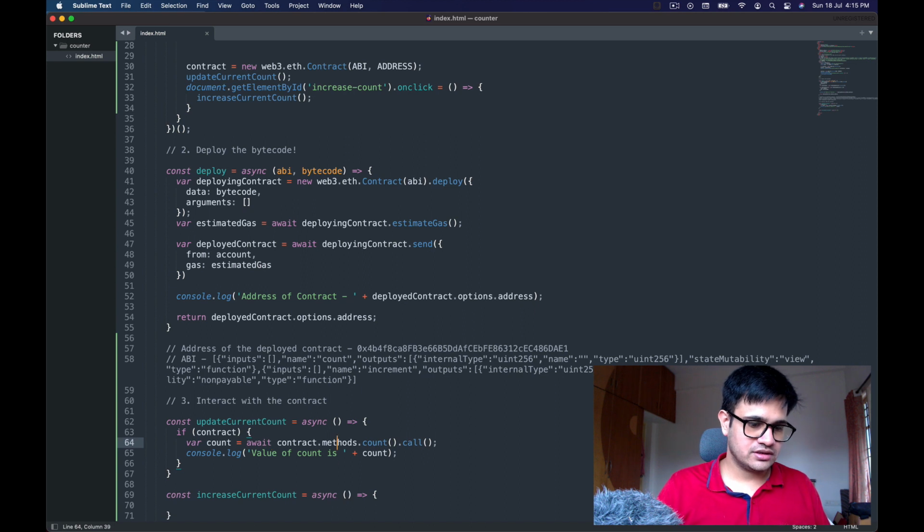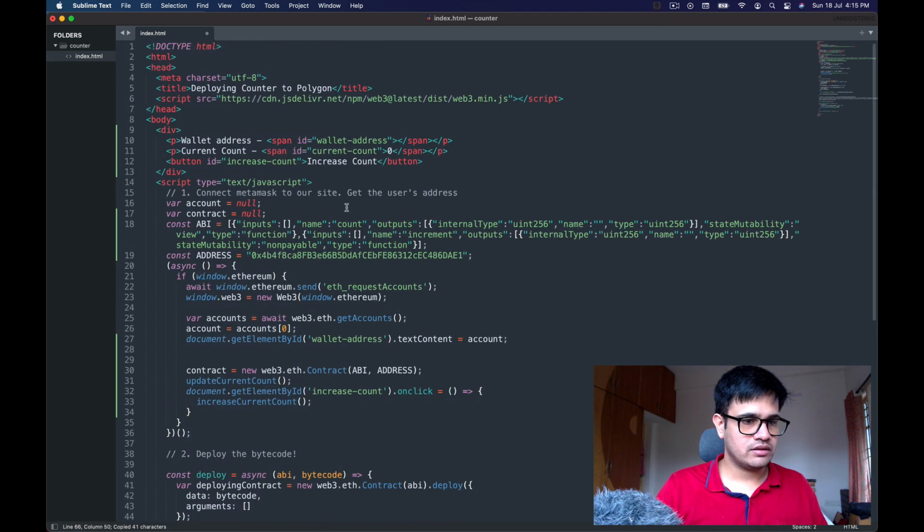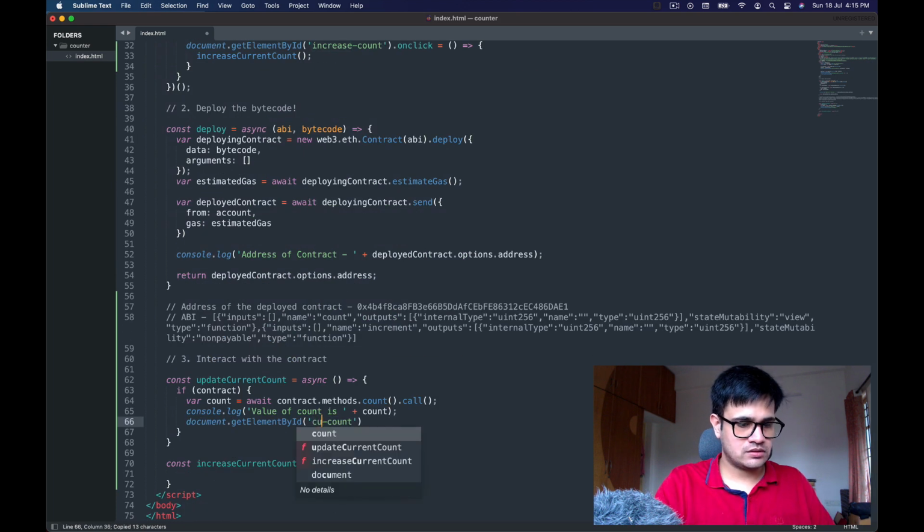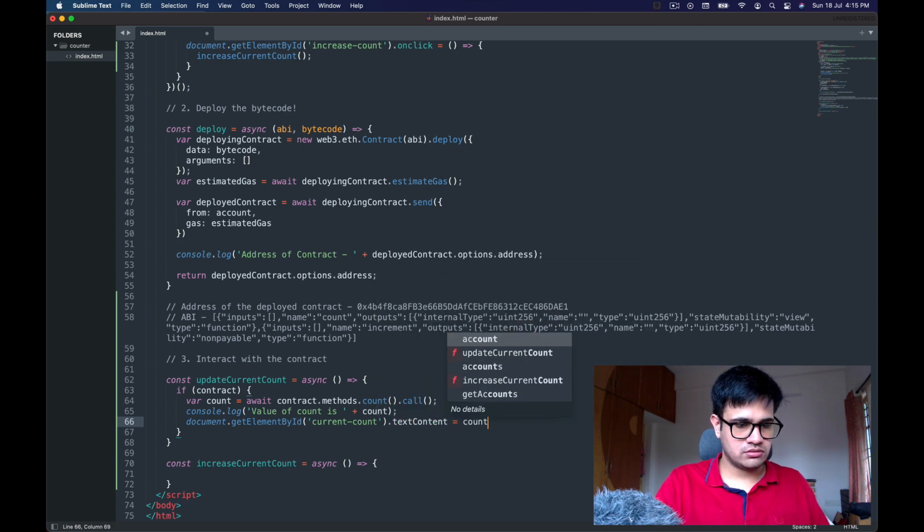Great. So we just need to update the text over there. What is the ID? Current count. Text content is equal to count.